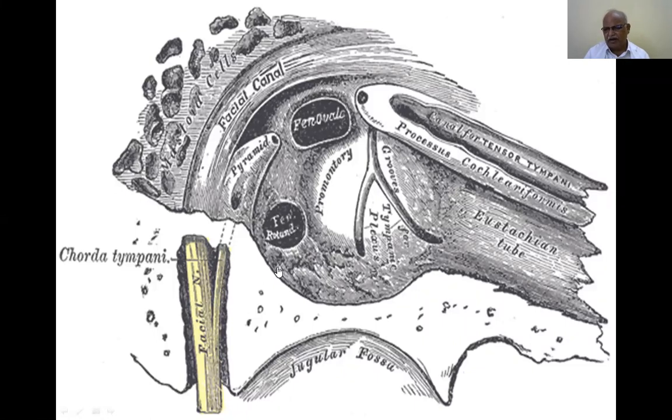Now, acoustic neuroma is a tumor of the eighth nerve, a Schwann cell neuroma. It can compress the seventh nerve, or facial nerve. In such conditions, seventh nerve symptoms and eighth nerve symptoms are produced in an individual. So in acoustic neuroma, a neuroma of the Schwann cells, the seventh nerve and eighth nerve are both compressed.